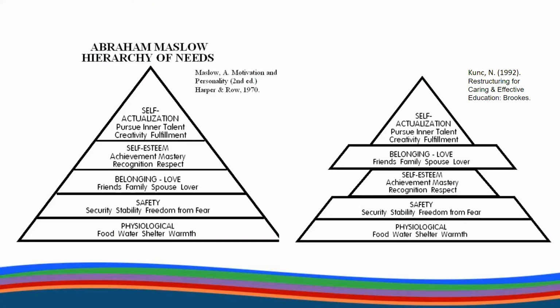On this slide, there are two side-by-side images of pyramids. You might recognize the first pyramid on the left. This is an image of Maslow's hierarchy of needs as it was originally articulated by the early work of Abraham Maslow. On the right, there is an adapted image of this pyramid, which Norman Kunc offered as a way to